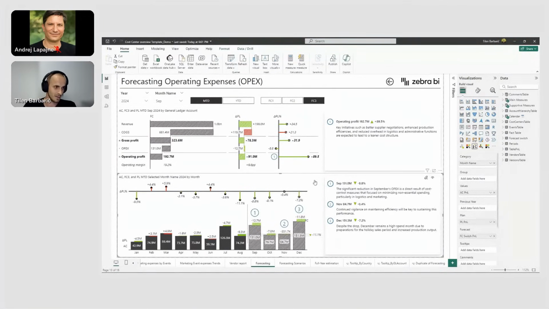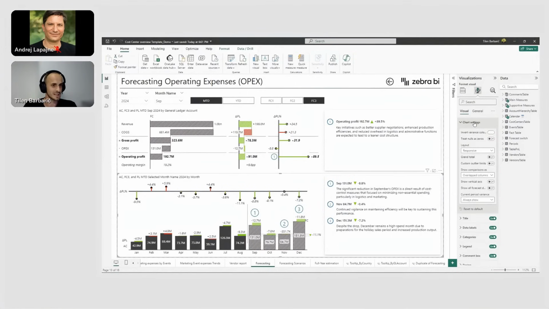And as a cherry on the cake, yes, you may argue, okay, but now I see my actuals month by month. I see my forecast month by month for the rest of the year, but it's zebra BI. You're promoting everything is seen instantly. Well, to get to the full year estimate, it's not that hard. One trick is go to the visual chart setting, and once you have selected the chart, just click on grand